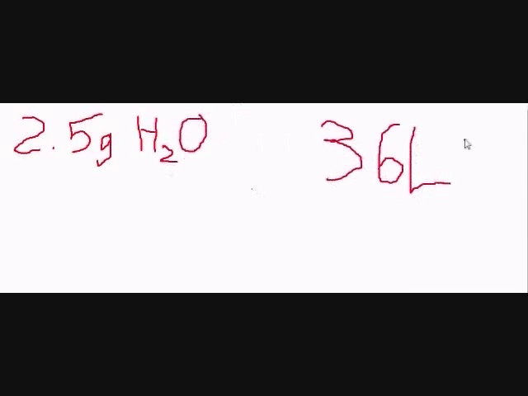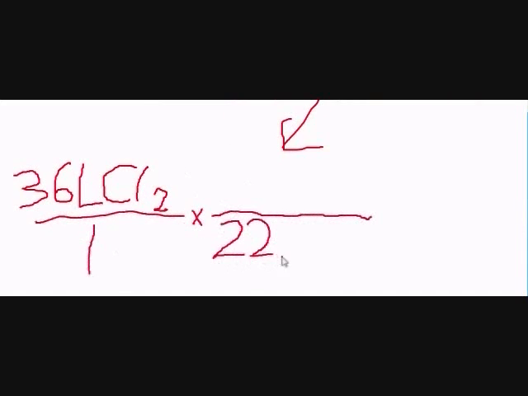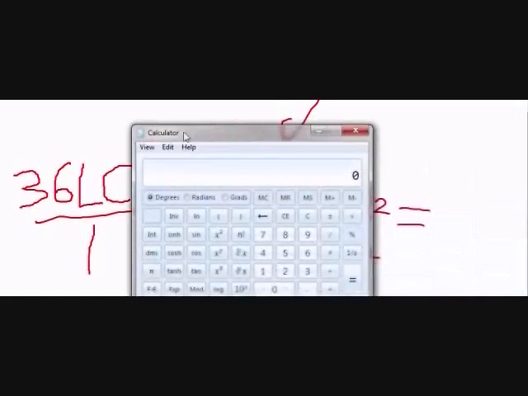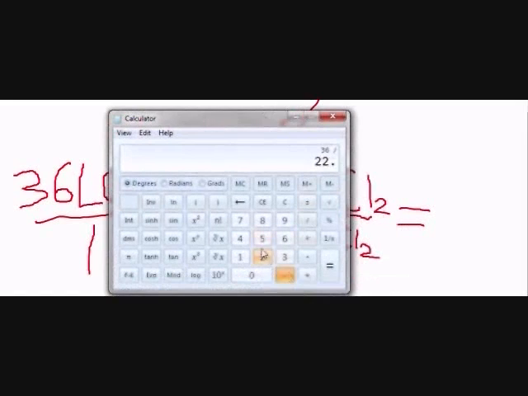Yay! So as what I'm expecting is a bad example that I made up at the top of my head, let's just say we have 2.5 grams of H2O and 36 liters of chlorine. How do we put that into moles? Easy. Let's start with chlorine. Okay, so let's just say I took the chlorine to a highly specialized lab that makes everything at STP through magical fairies. Now I only have one step, and that is to convert to moles using 22.4 liters as a